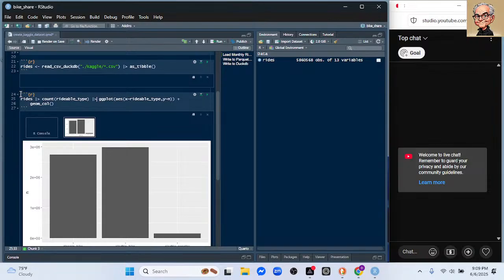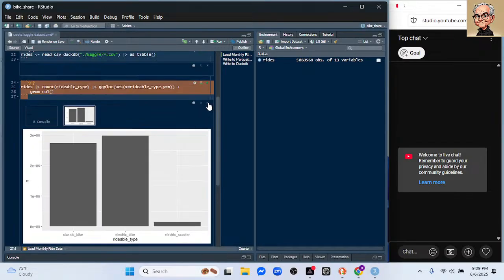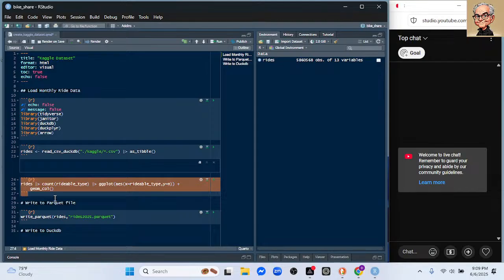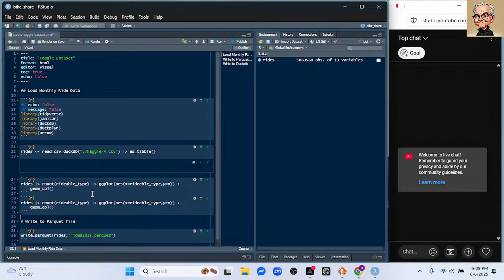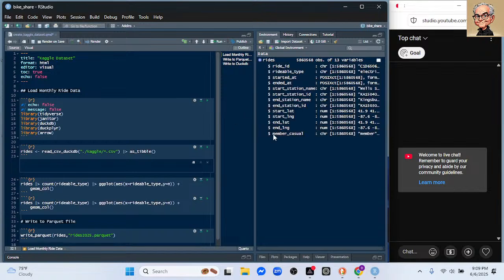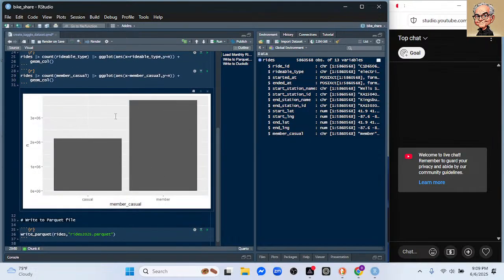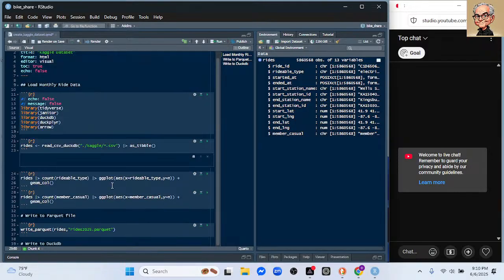So now we've got that. Let's just make one more plot here. And now you can see that right there. Oh, what the heck? Let's create a